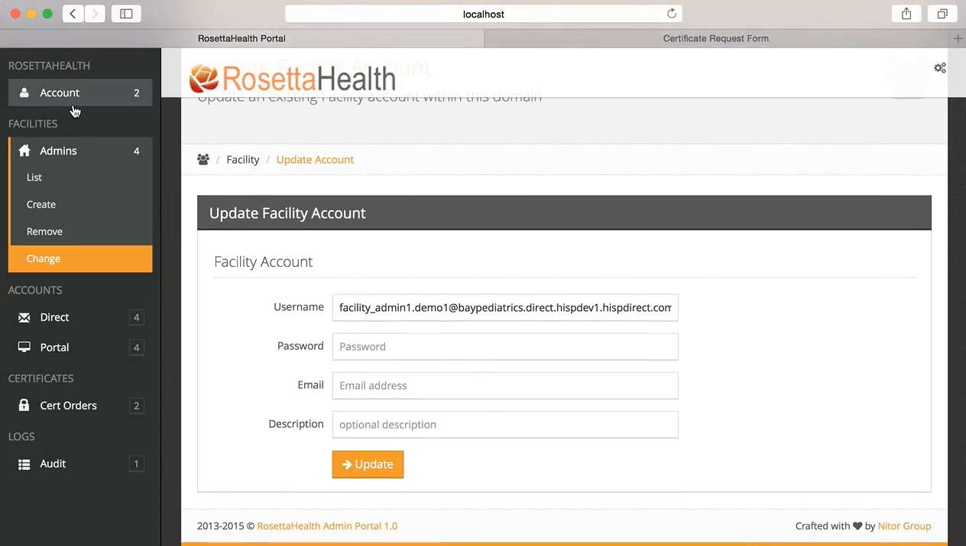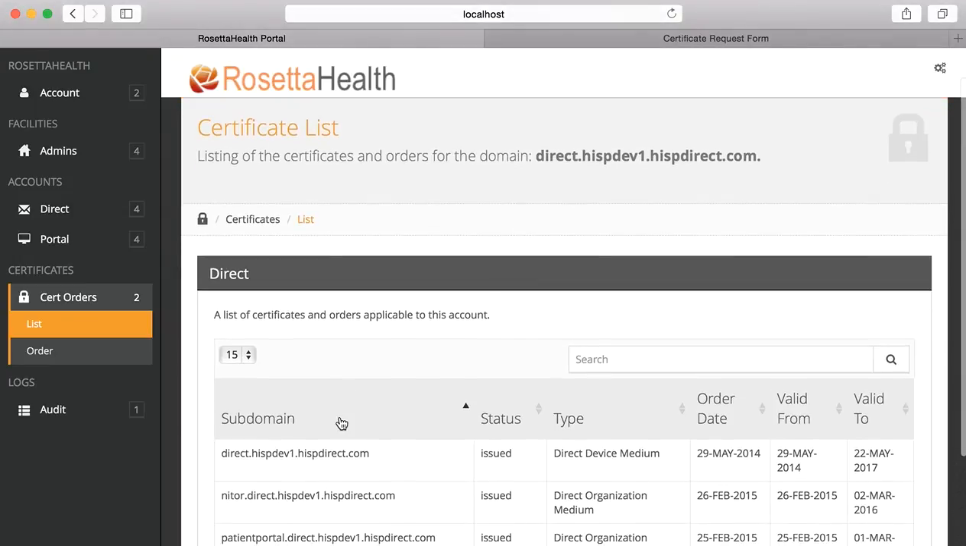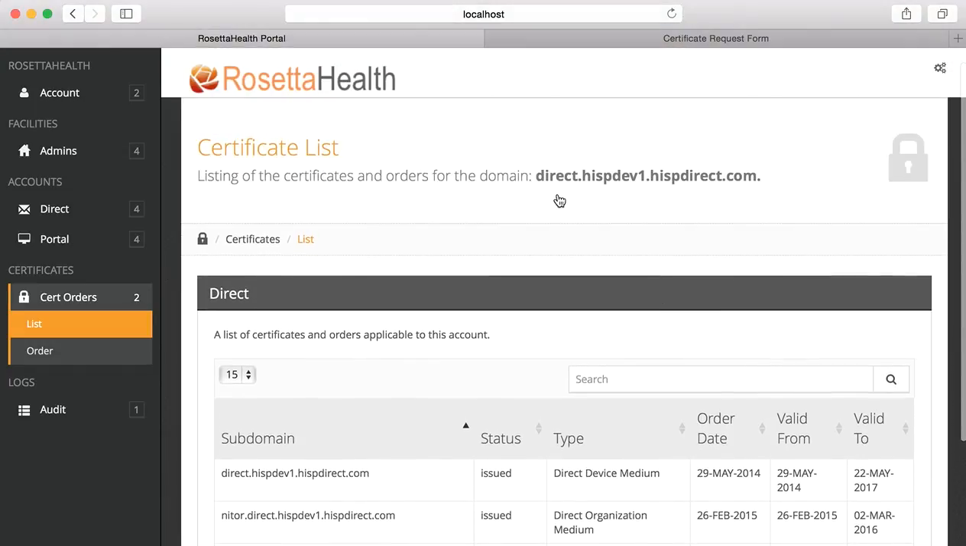The last major functional place is certificates. So you want to take a look and manage your certificates. You can see the list of your current certificates. You'll notice it's going to tell you what domain or subdomain you're responsible for. Because I logged in as the domain admin, I have everything under this domain, direct HISPDev1, HISPDirect.com. This is a development area. That's why it looks so long. Normally that would be something like